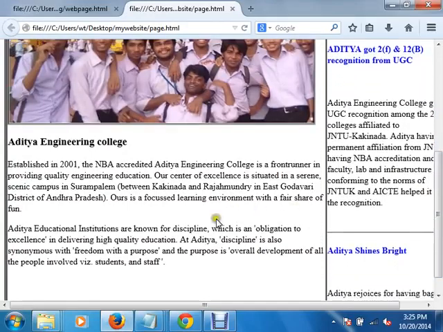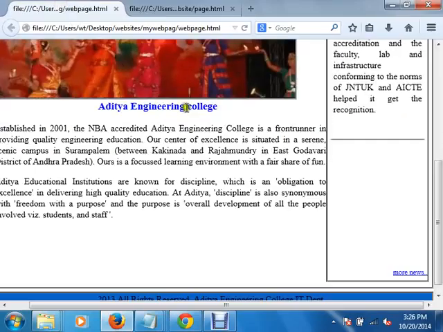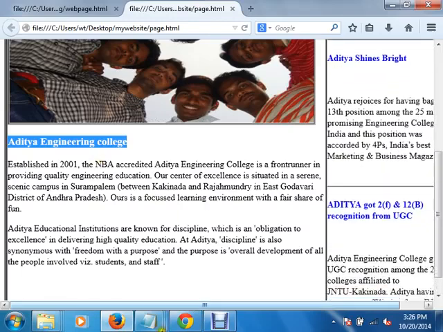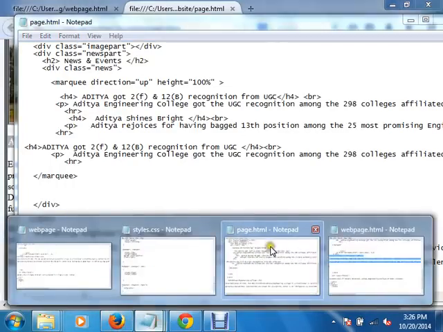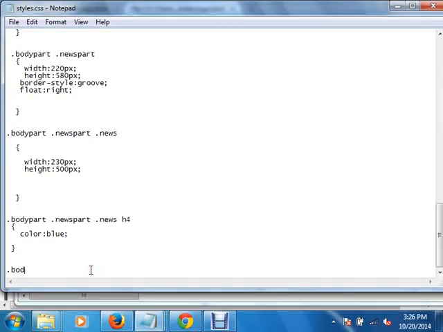Now if you want to put some color for this, so put it in the center and giving some blue color. It is H3, which is inside which division? Body part. Body part H3.